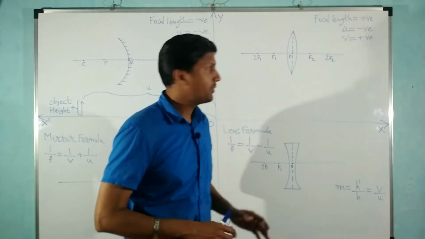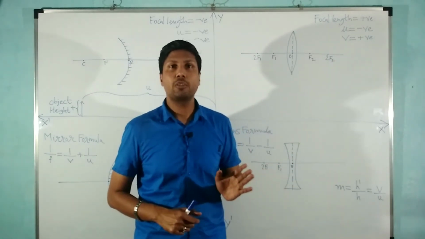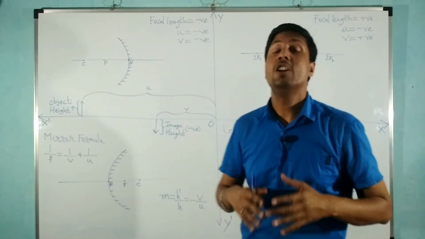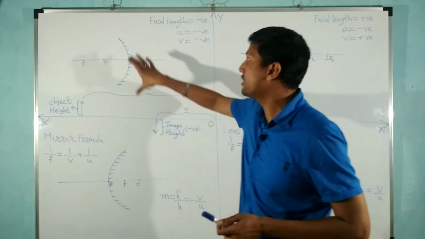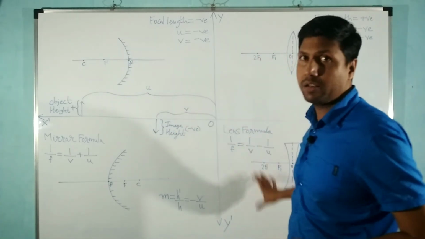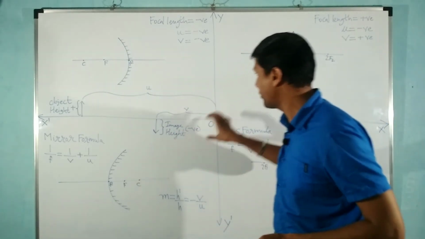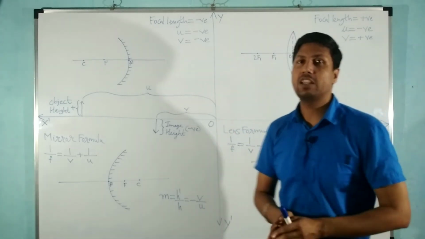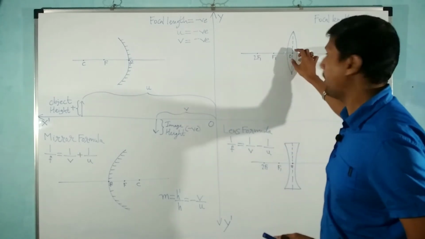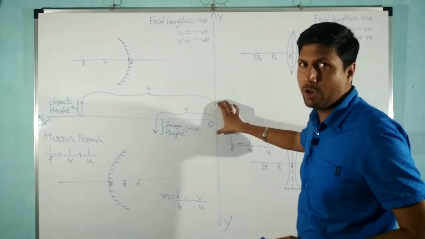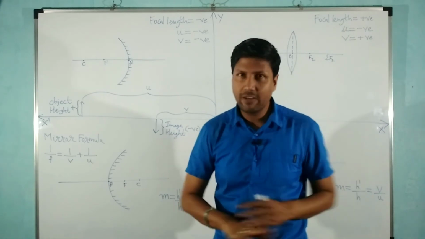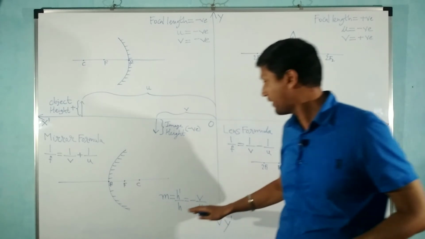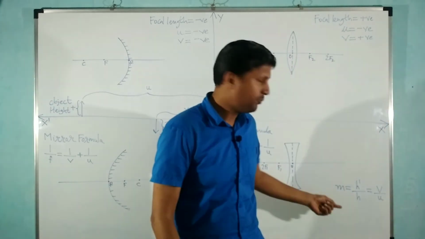So this is all about the numericals. All the numericals will be based on this diagram only. I've drawn this diagram to make it easier for you to understand, so that you can pick any of the four figures, place the P point directly on O, and figure out everything: object height, image height, object distance, image distance. In this case also, if you place the optical center exactly on the origin, you'll be able to figure out everything. So these are the extra formulas: the mirror formula, lens formula, and magnification of mirrors and of lenses.